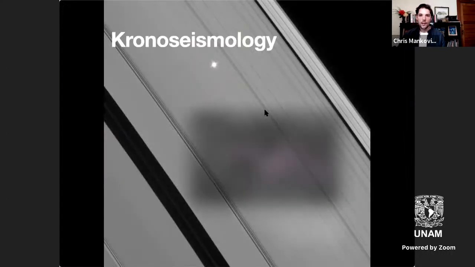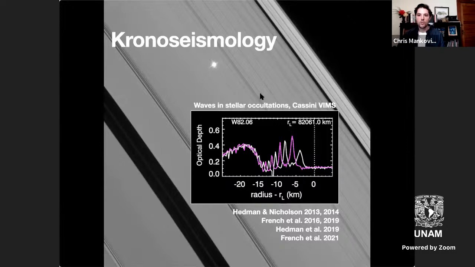So with that out of the way, I can talk about the main observational results that came out of some really talented people analyzing stellar occultations using Cassini data. This is an example of just one spiral density wave that turns out to be because of a Saturn normal mode. And this is work initially by Matt Hedman and Phil Nicholson, as well as Richard French. So several papers have come out over the years right up until just now. They're continuing to turn out these waves.